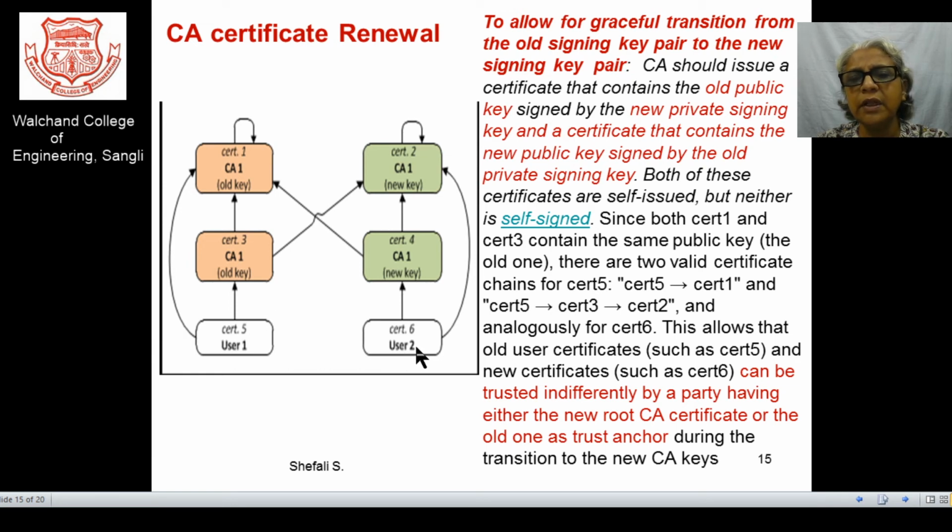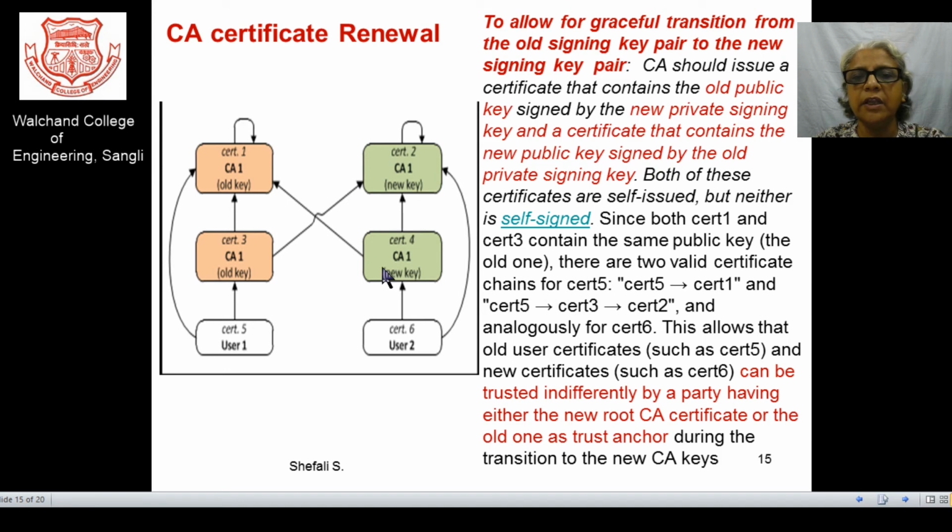Analogously, the same can be done for the certificate 6, which is for user 2. So this allows old user certificates such as the certificate 5 and a new certificate, the certificate 6, to be trusted indifferently by a party having either the new root CA certificate or the old one as trust anchor. So the old one is the trust anchor and the new one is the CA certificate.